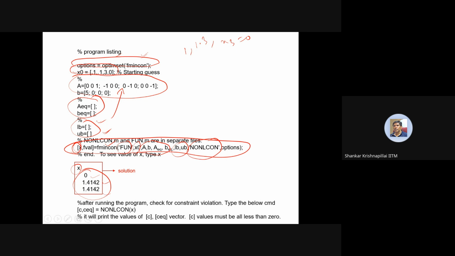After getting these answers, X1, X2, X3, you can check that the constraints are not violated. You can type this statement and press return, and you can see the values of C and C equality. All the C values must be positive and C equality must be 0 at the end of the run. So this is just a